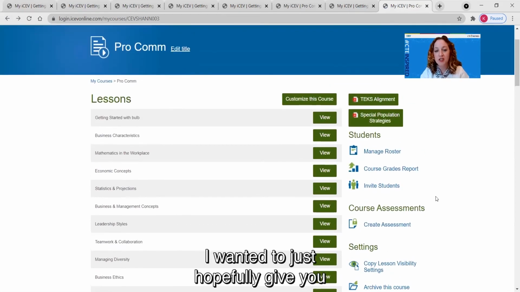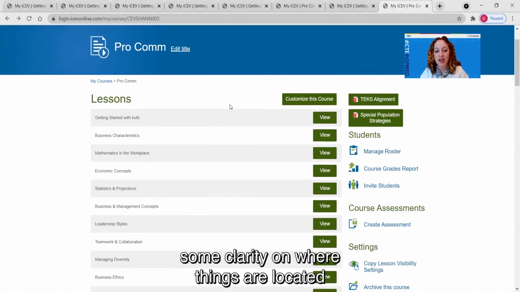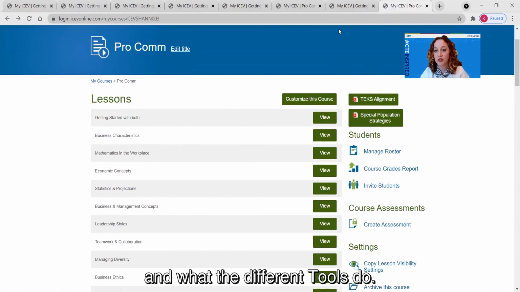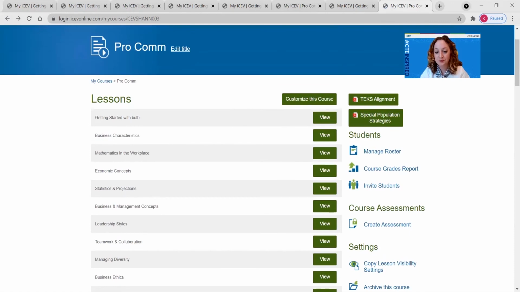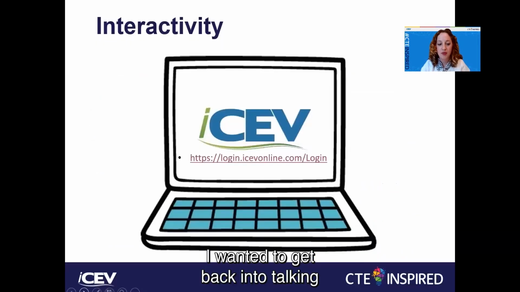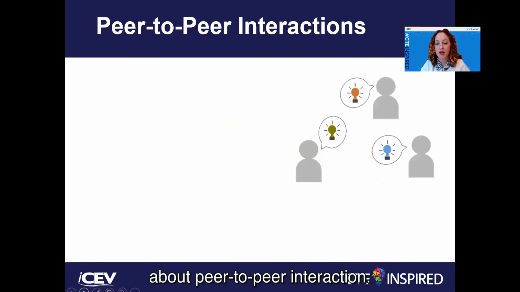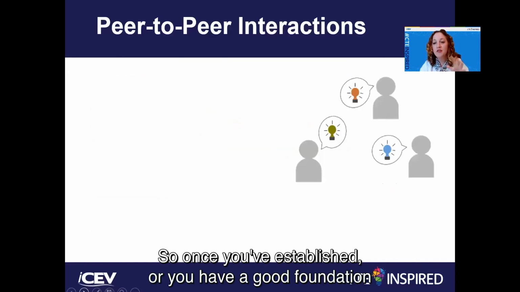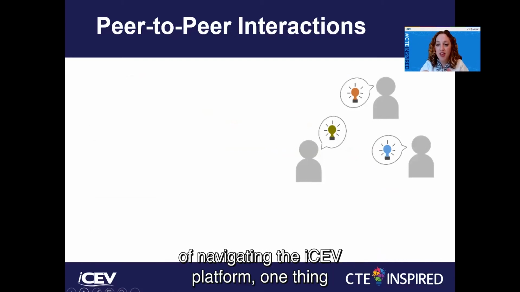I wanted to just hopefully give you some clarity on where things are located and what the different tools do. And since we've established this, I wanted to get back into talking about peer-to-peer interaction. So once you've established or you have a good foundation of navigating the iCEV platform,